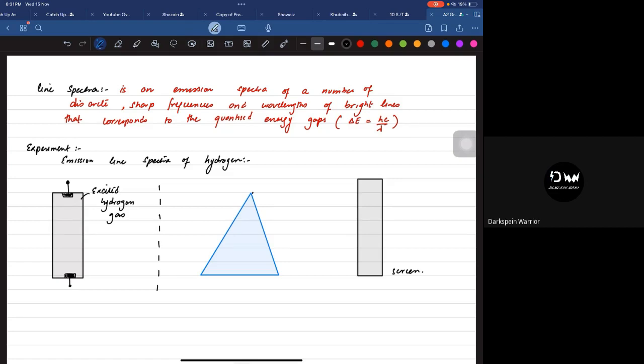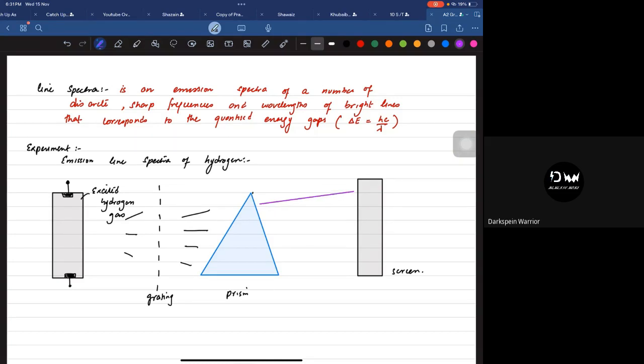So basically, this would be the grating. This would be the prism. The light from it, the photons that are released, passes through the grating. Then it moves through the prism. And on that, we generally get four different colors: